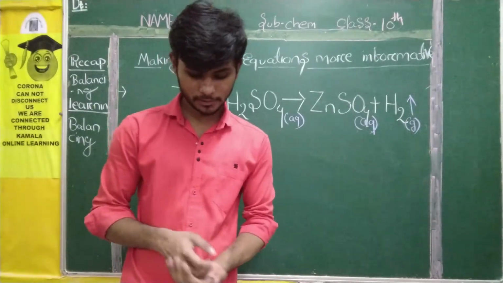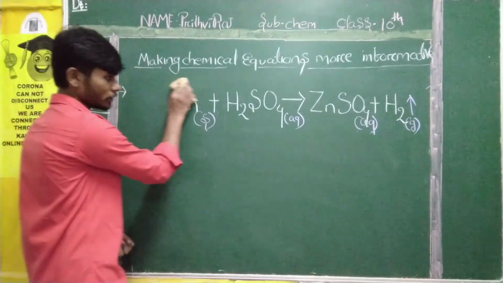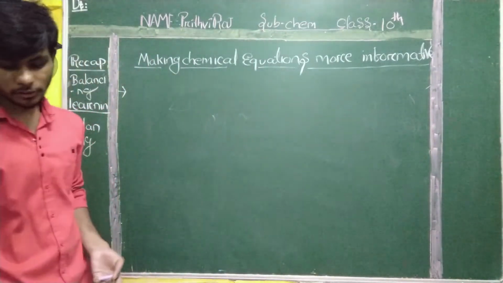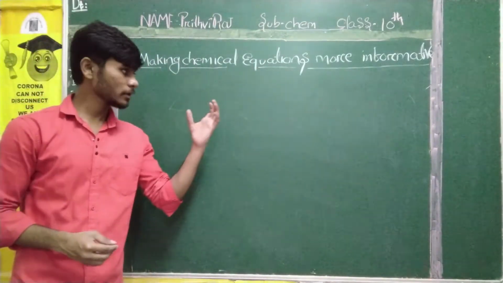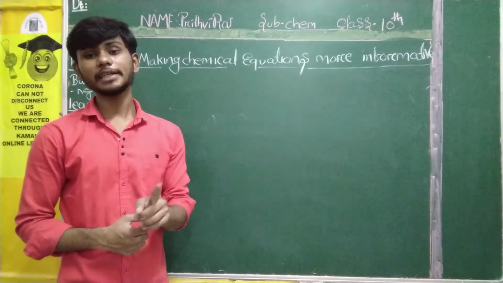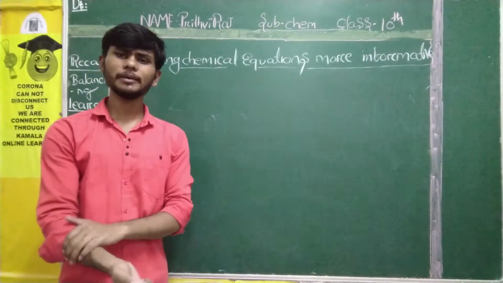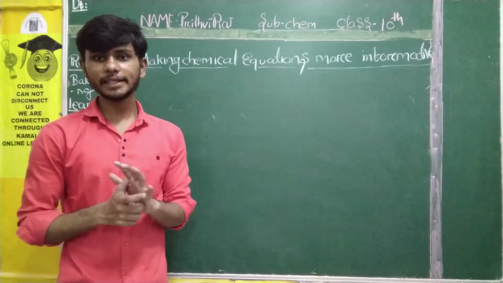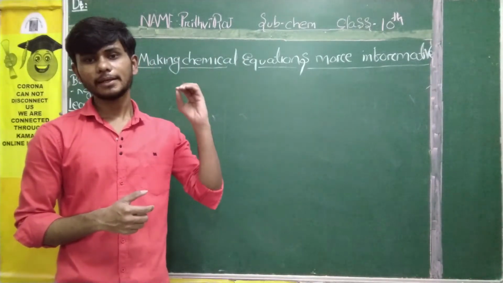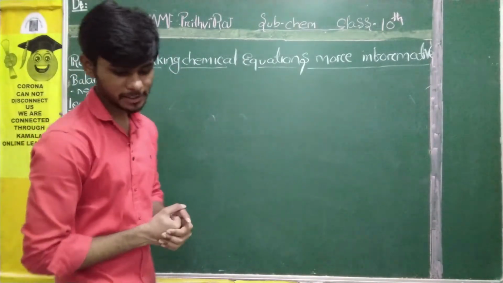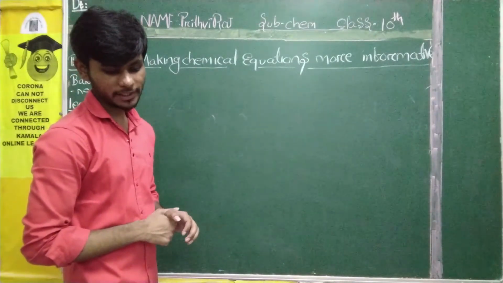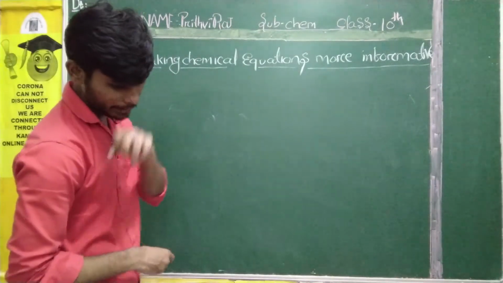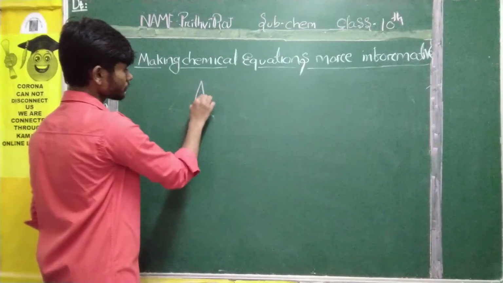Next, expressing precipitate form. Students, it is not mandatory to mention everything. If heat is used, you can easily represent it. But physical state is mandatory because whenever you are writing a chemical reaction, you are using chemicals, elements and compounds. So in that case, you need to write their physical state. Now it is the last one, expressing precipitate form. If precipitate is formed in the reaction, it is denoted by a downward arrow. It is denoted by what, students? Downward arrow. Let us take the example of AgNO3.